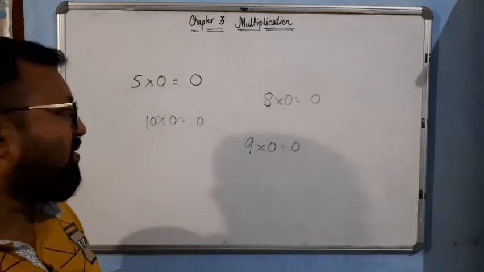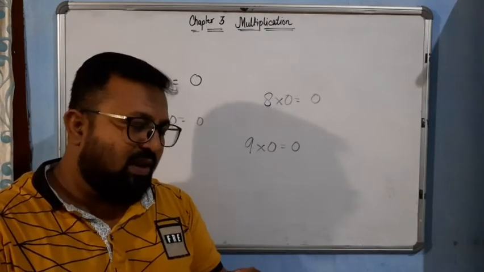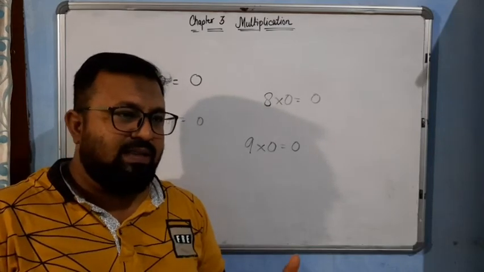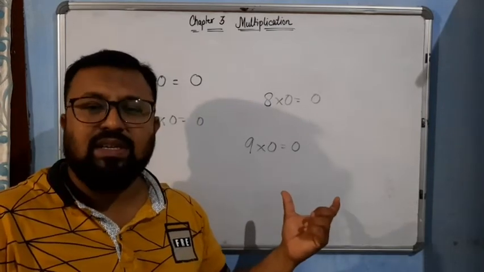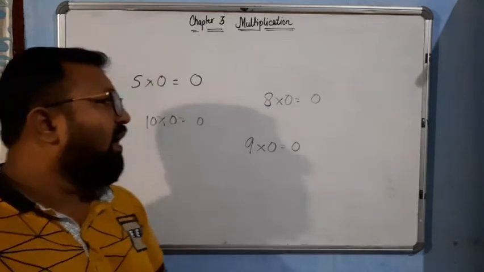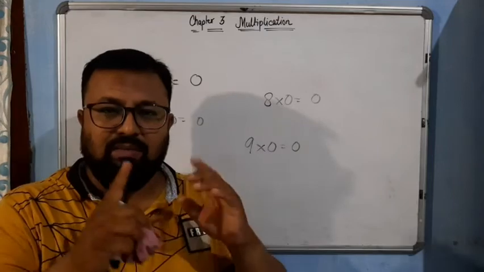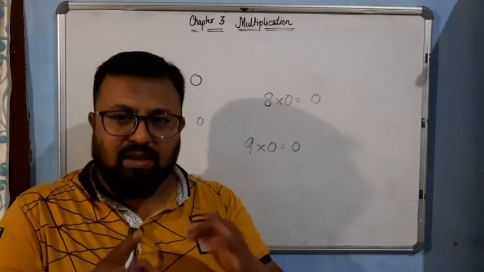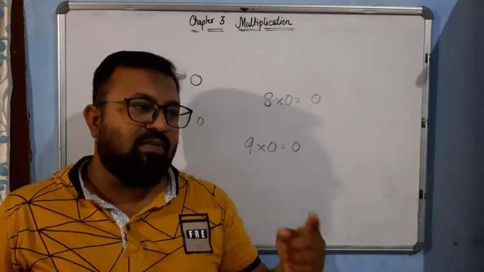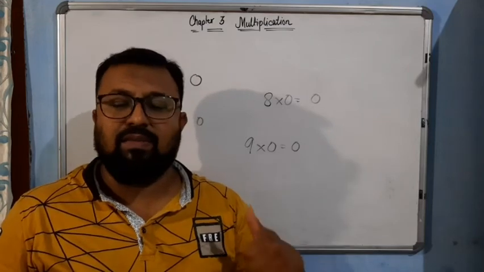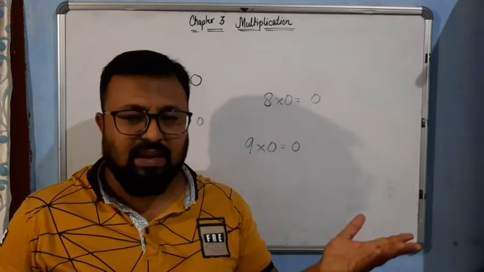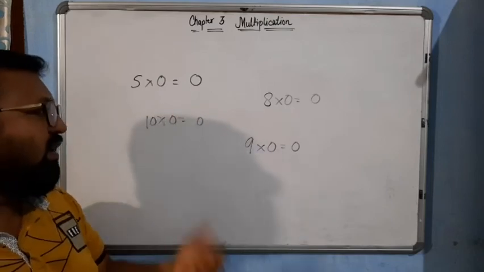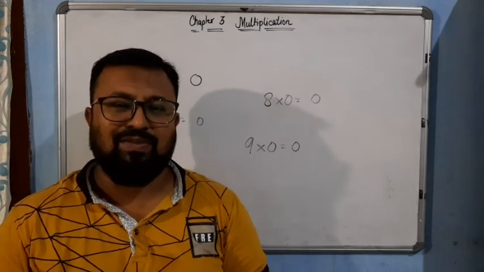So I hope you have understood very simply what multiplication is. It is the process of adding a number repeated a number of times, or simply it is the product of two factors, and you will get the result as a product. And there are facts. The first one is commutative, means you can multiply in any order. The second one is associative, means you can group the numbers in any way. The third one is that 1 is the multiplicative identity, means whenever you multiply a number with 1, you will get the number itself. And the last one is that whenever you multiply any number with 0, you will get the result as 0. So I hope you have understood this very nicely.